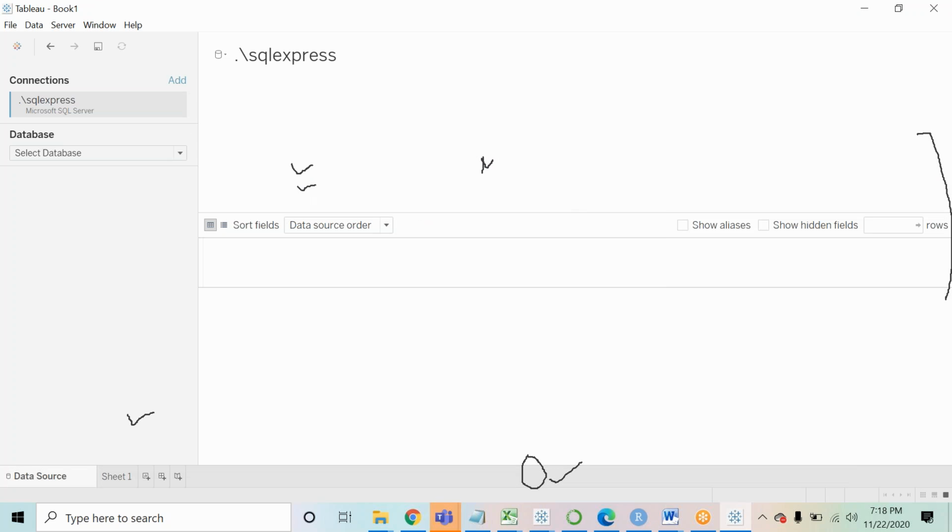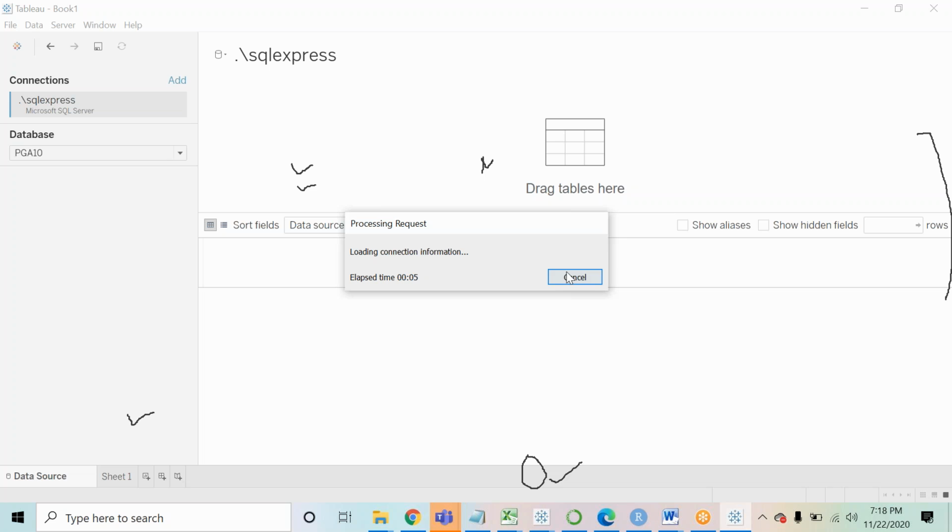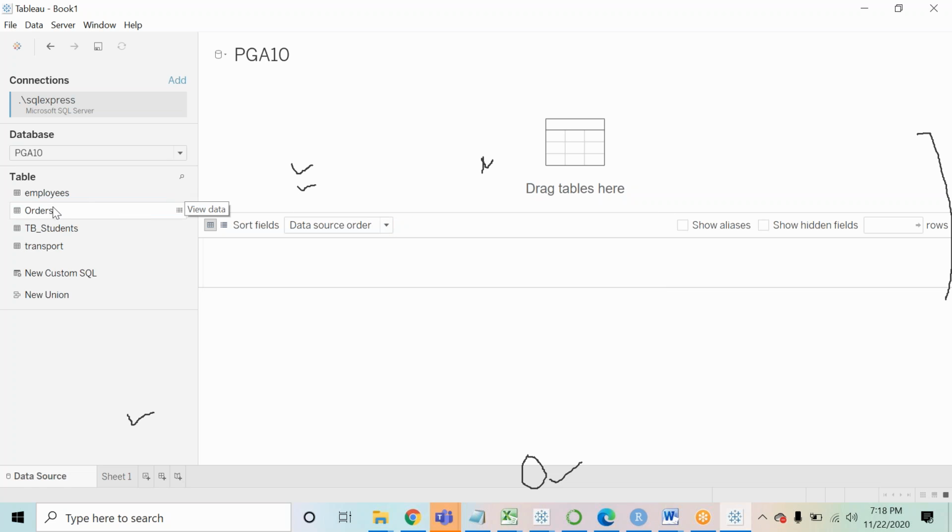और ये आपको सारे के सारे डेटाबेसेस आपके SQL सर्वर के यहाँ पे दिखाना स्टार्ट कर देगा। सो IBM जो भी हमारे सेशंस बनाए हुए हैं हम लोगों ने, जितने भी डेटाबेस थे, सो यू विल सी ऑल ऑफ द डेटाबेस कमिंग ओवर। आप जो भी डेटाबेस सिलेक्ट करोगे यहाँ से, उस डेटाबेस में जितने भी टेबल होंगे, वो सारे टेबल आ जाएंगे, और उसके बाद जो डेटा आपको जैसे यूज करना है, यू कैन यूज इट। अब देखो ये डेटा आ गया मेरे पास, मैंने ऑर्डर्स का डेटा यहाँ पे ड्रैग एंड ड्रॉप किया,